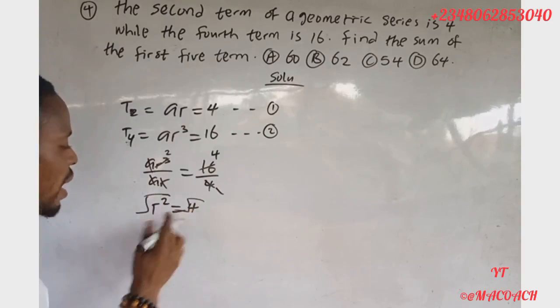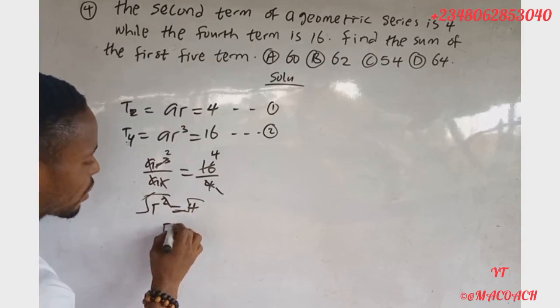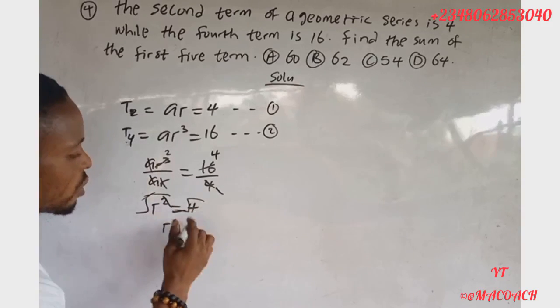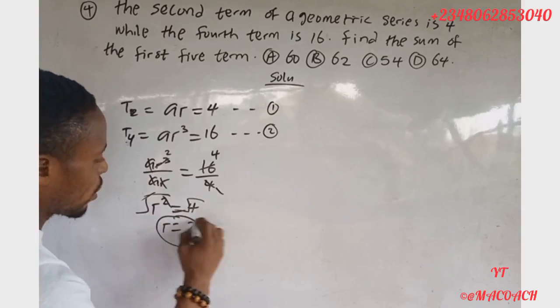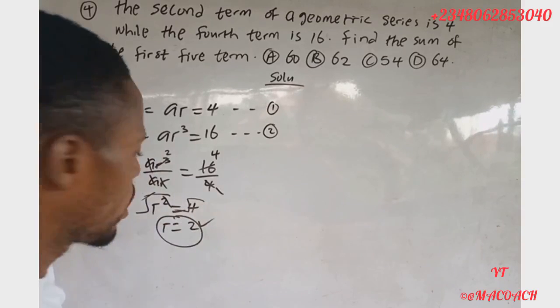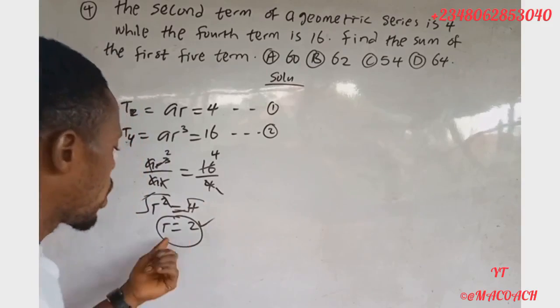When you take the square root of both sides, our R is equal to what? Square root of 4 gets 2. So our R is equal to 2. Okay? We are getting our common ratio now. So to get our first term of this GP,